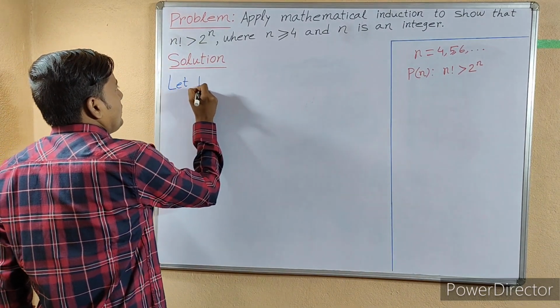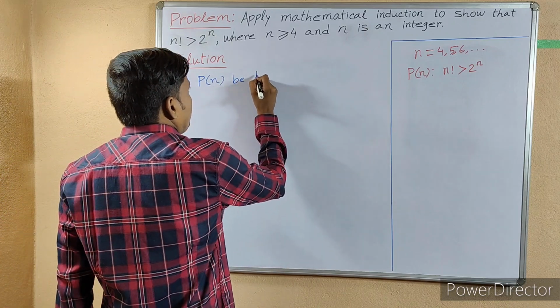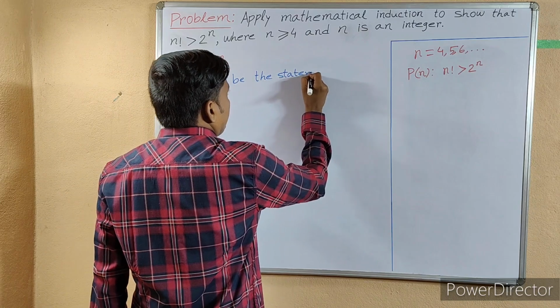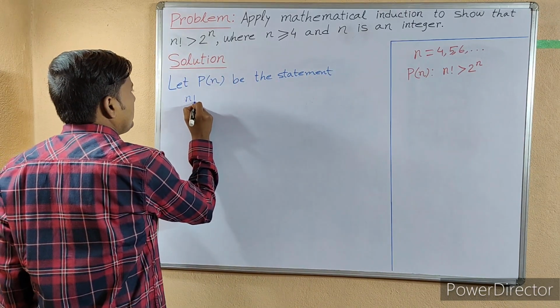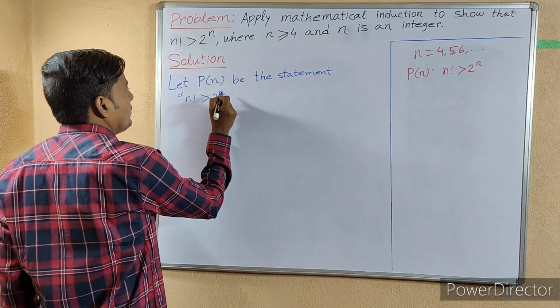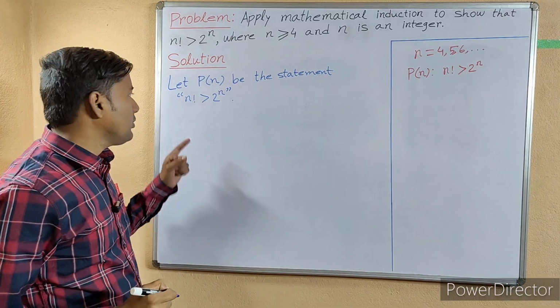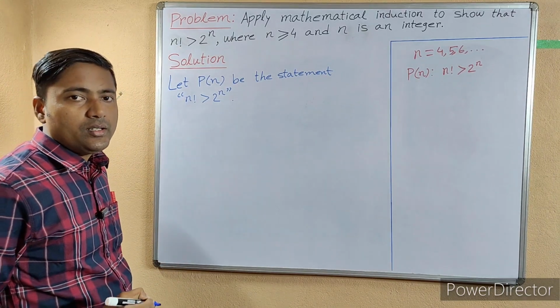Let Pn be the statement "factorial n greater than 2 to the power n". Here we use double quotation for the statement. Okay, now